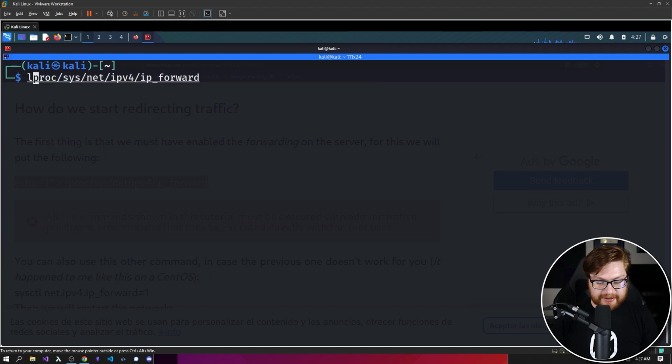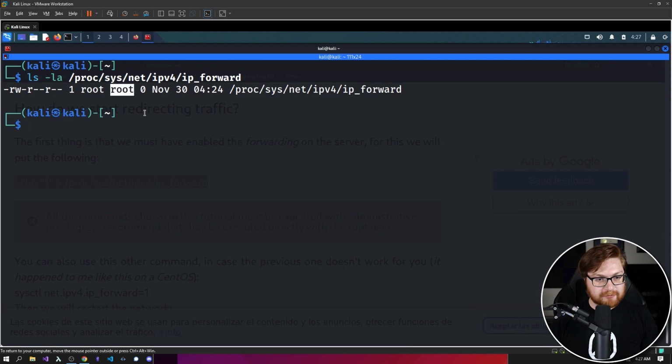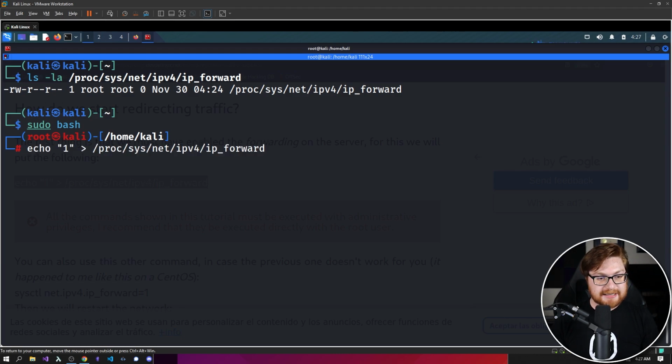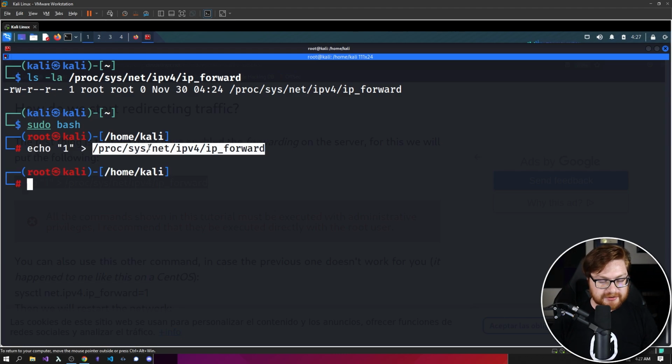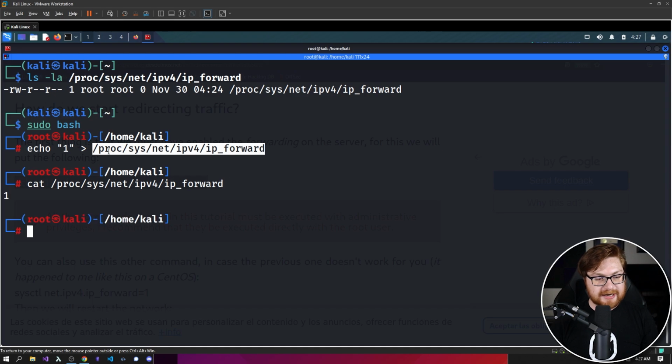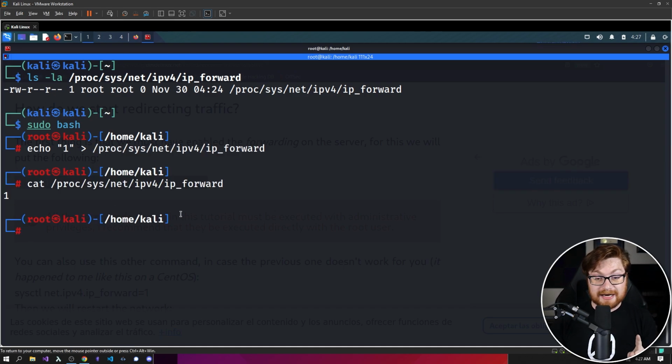Let me go ahead and ls -l that, and you'll see that it is owned by root there. So we will need to run with sudo, and let's slap in that echo 1 in that file here. And now that is enabled, and this device should theoretically be able to forward packets,